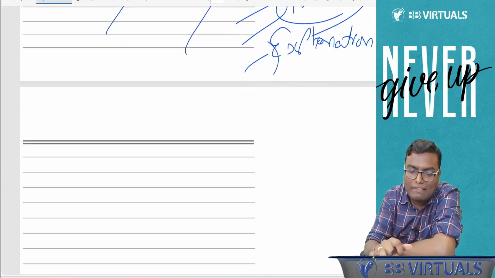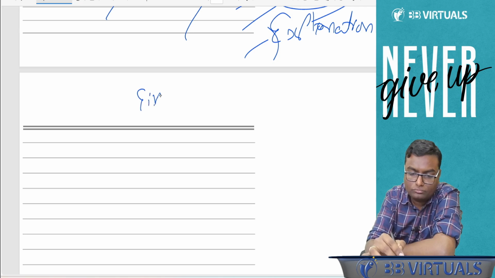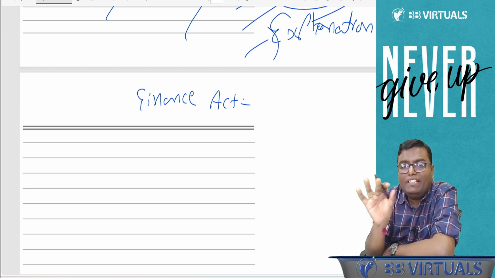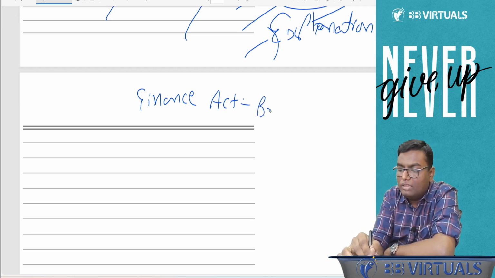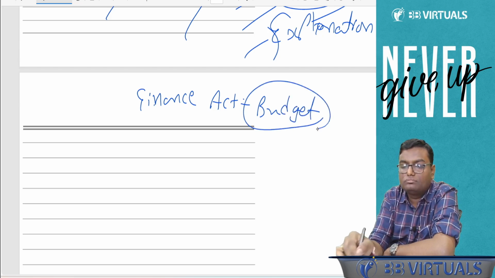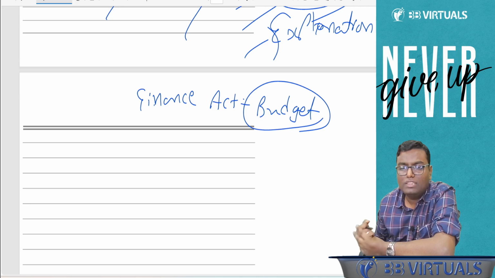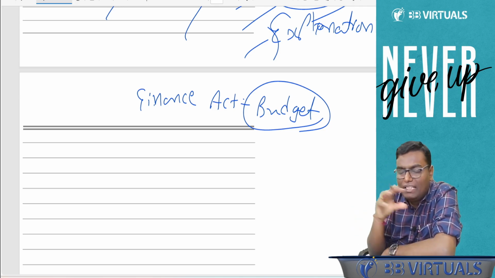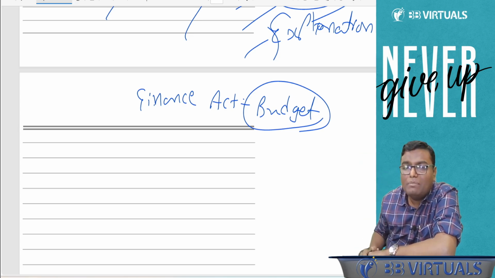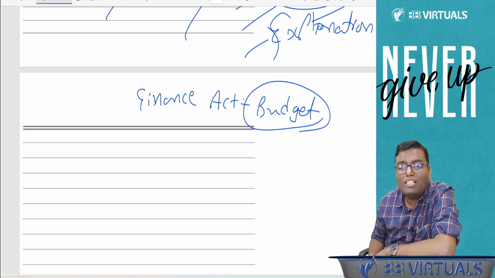The question is, what is the Finance Act, first of all? The easy term for Finance Act is budget. Every year in our country, a budget is issued. Who issues the budget? By the way, I said that income tax is managed by CBDT. Under which department does CBDT work? Under which ministry of the government? CBDT works under